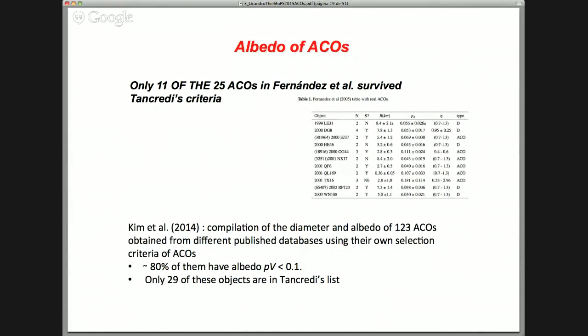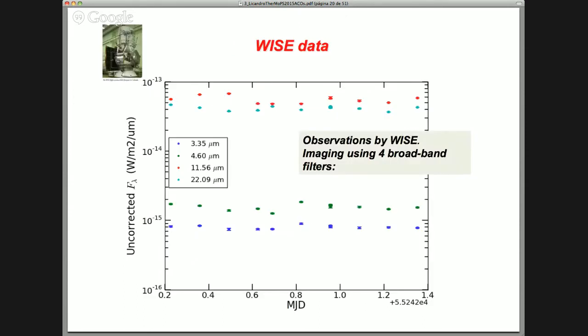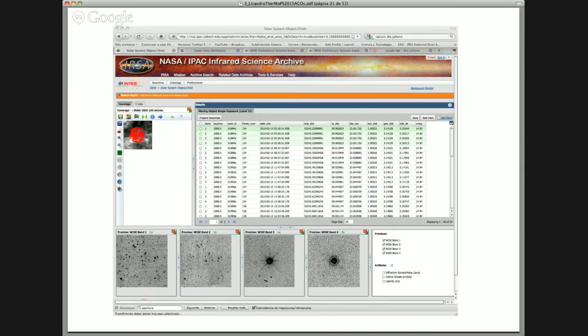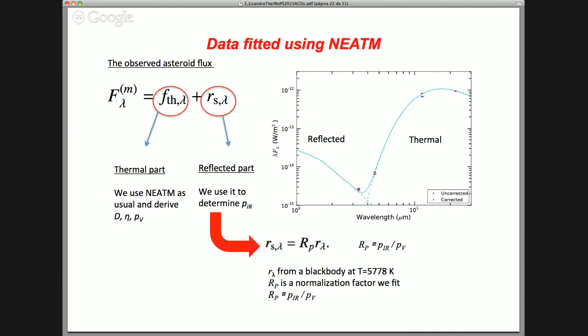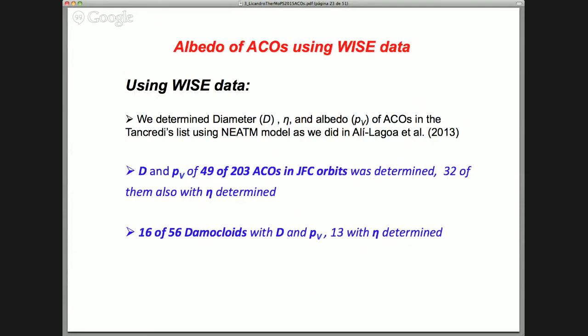So we use the WISE data, the WISE fluxes. I will pass very rapidly through this because you all know. We went to the IPAC archive, retrieved the fluxes, and used the very well-known NEATM model to derive the diameter, albedo, and eta, also using the absolute magnitudes from the Minor Planet Center. And using these WISE fluxes, we determined the diameter, eta, and albedo of ACOs in Tancredi's list,